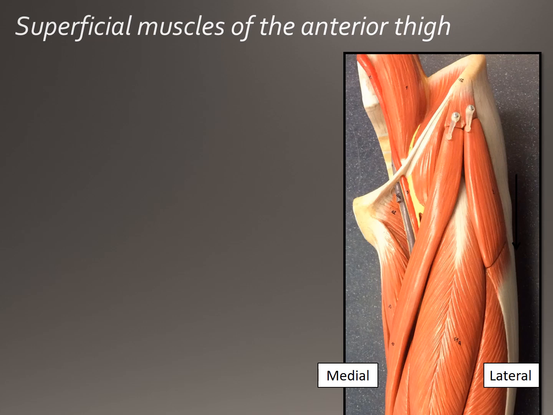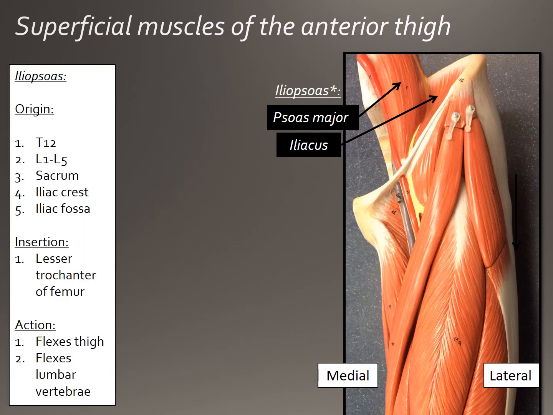Now we're looking at muscles of the superficial anterior thigh. And the first 2 muscles we're going to look at are on the proximal portion of the thigh. And that is the psoas major, which is coming down from the spinal column, and the iliacus, which is coming off of the iliac crest of the ilium. And for our purposes in this lab, we're going to combine those two muscles and we're going to know them